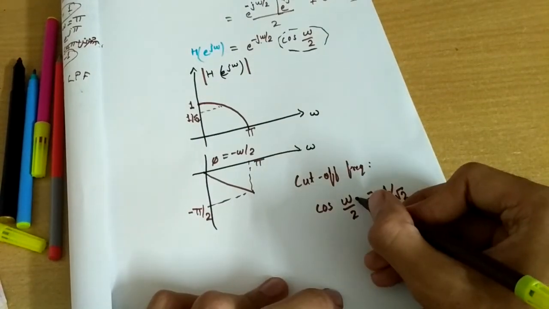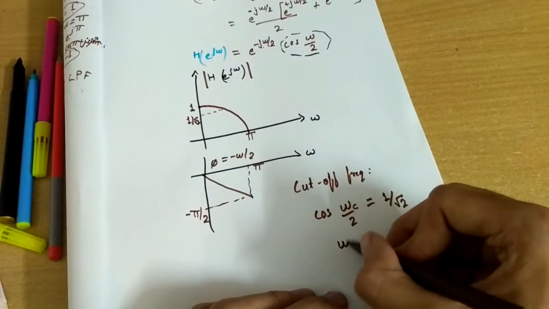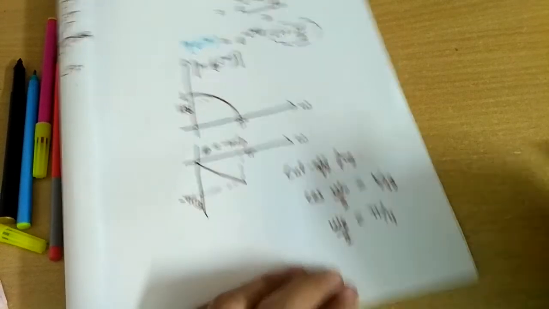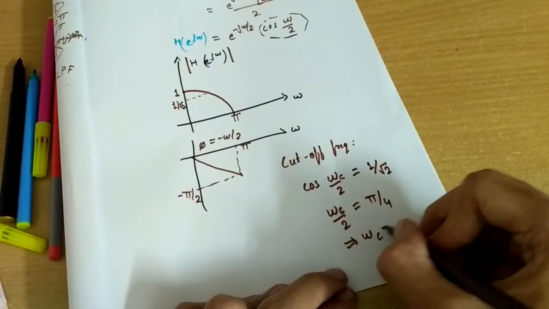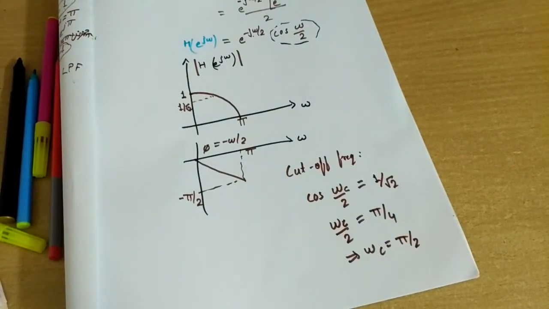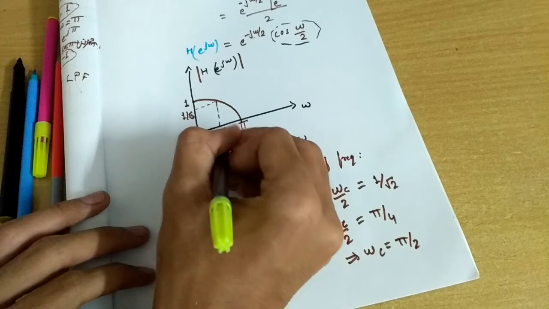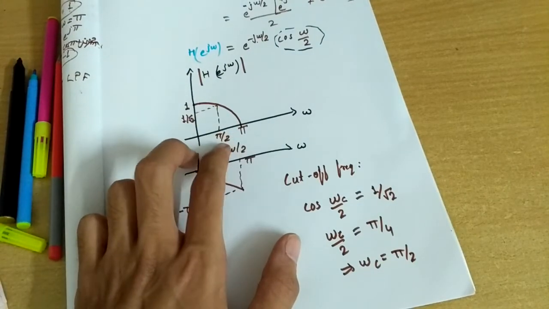So let us denote it as omega c, that is, omega c by 2 will be pi by 4 because cos pi by 4 is 1 by root 2. So our omega c will be pi by 2. So our cutoff frequency is pi by 2. It means that at pi by 2, that is exactly in the middle of this line, the midpoint,